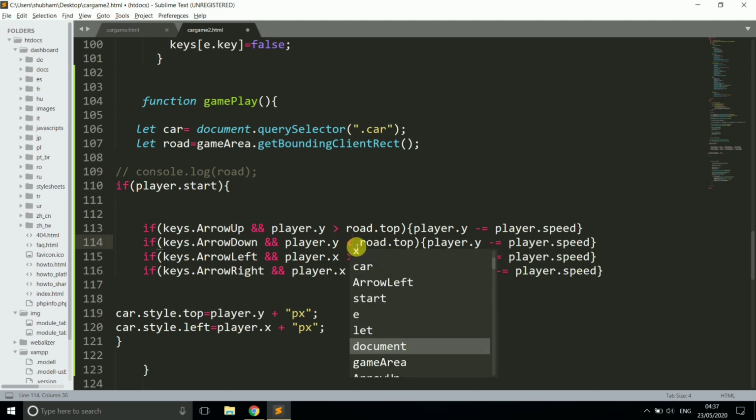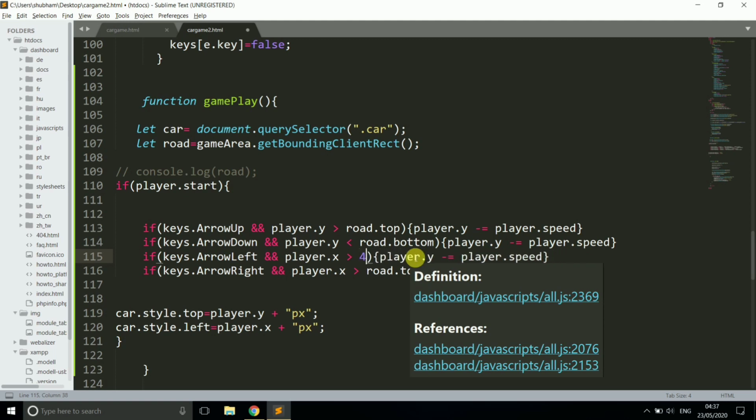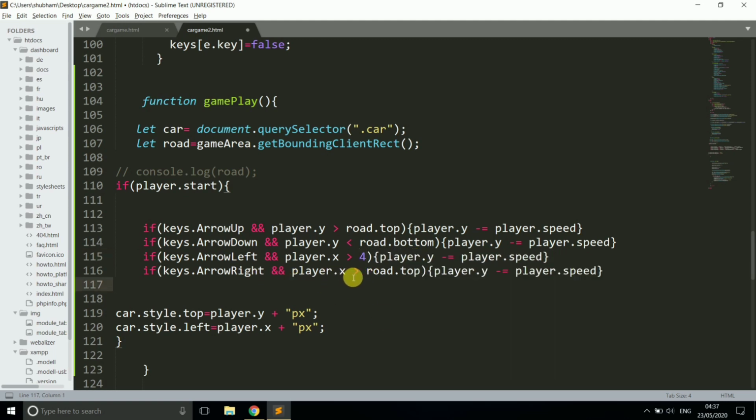In the second if, if player.y is less than road.bottom and keys.ArrowDown, then player.y plus equal to player.speed, which means your car moves down. You can also see 2 other conditions, the arrow left condition and the arrow right condition.